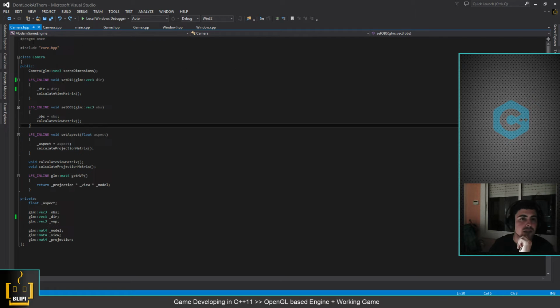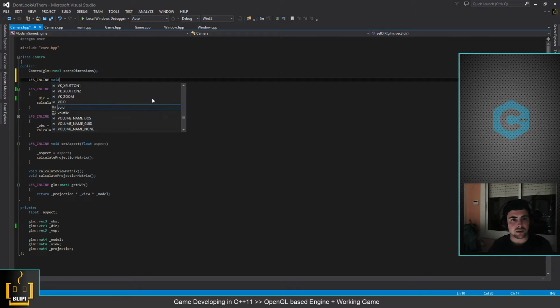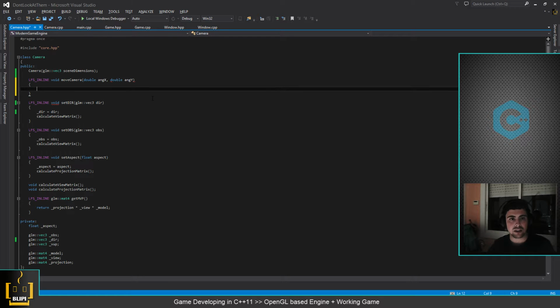So let's make a method called, I don't know, LFS inline void move camera. Oops, sorry, move camera, and it will be taking one angle and one more. That Y and that X stands for 2D coordinates. It will need to convert to 3D coordinates for the camera to work, so we'll be doing some basic transformations, and that will be